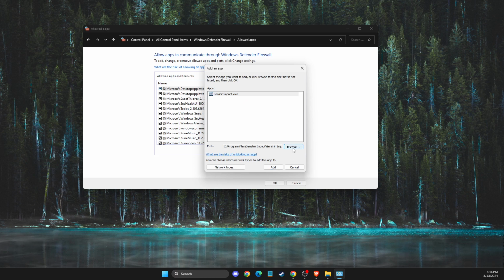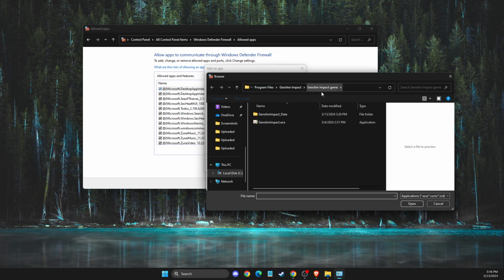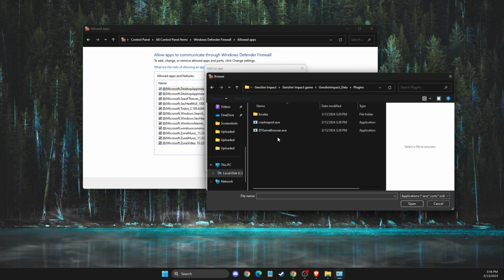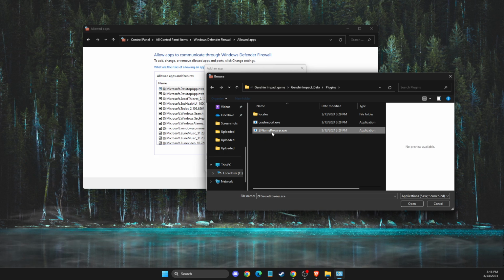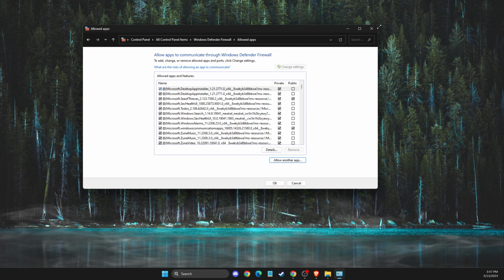And again, press add, and then go browse. Then go to Genshin Impact game. Then go to Genshin Impact data. And on Genshin Impact data, it should be here, plugins, and then you should see ZF game browser, add it here as well. Press add, restart your computer, and the problem should be